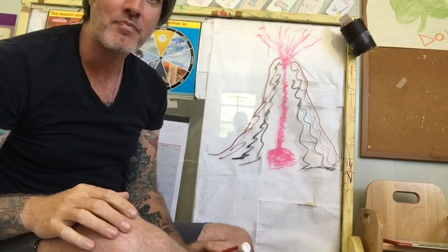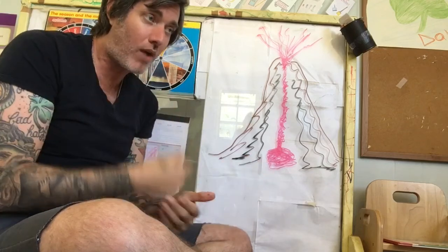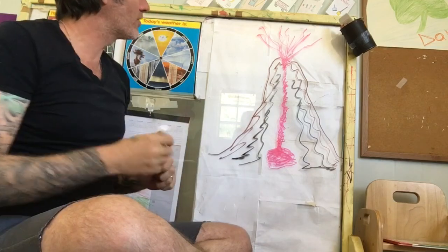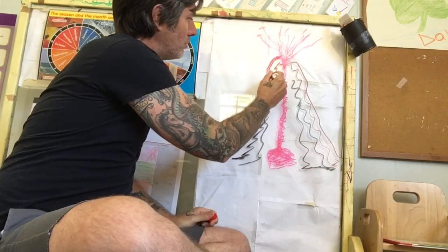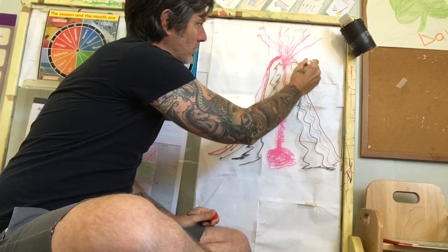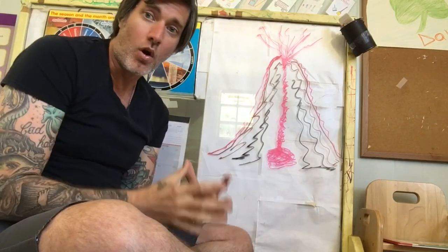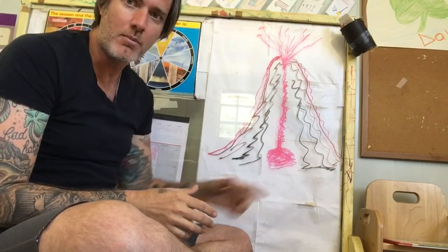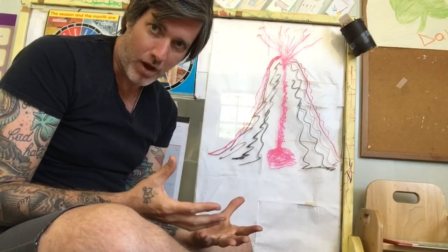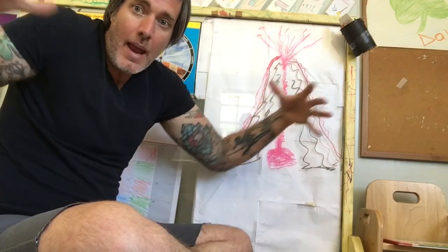that lava is just liquid rock. That's what it is. It's just like a rock that you would find on the street, only it's liquid because it's so hot. So it works its way down. And as it works its way down, it gets colder because it's not down here in the earth anymore. There's no pressure around it. And as it cools, it turns back into a rock, and it makes the volcano bigger and bigger every time